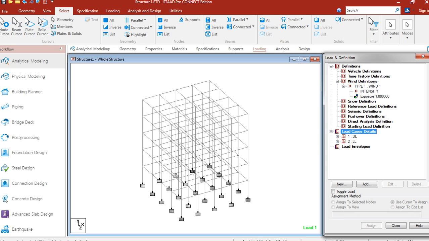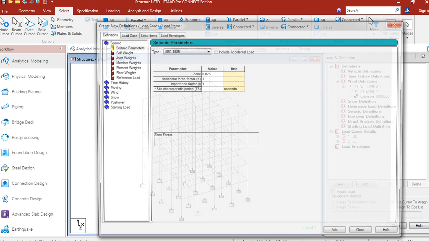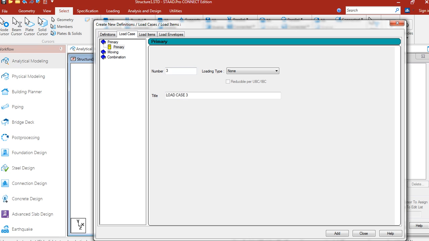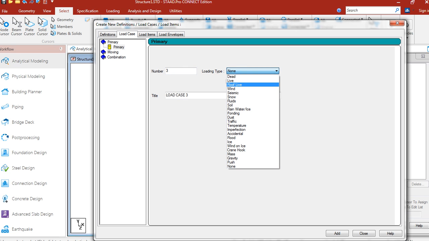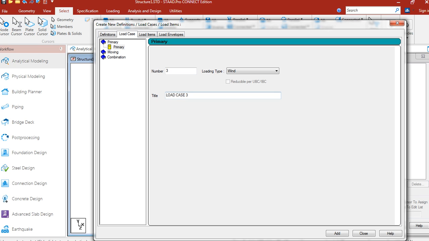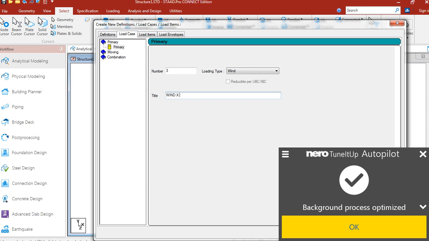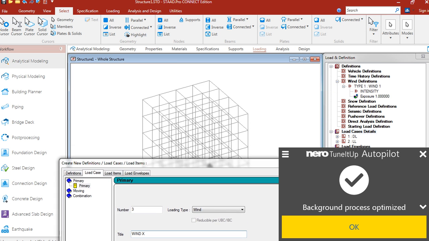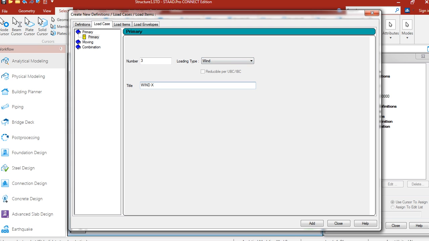Now let's go to load case and add some new load cases. Our load case will be wind load case. Wind x direction, add, then wind x direction leeward direction,